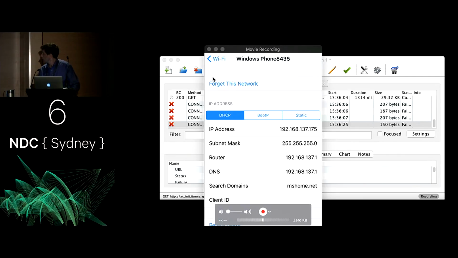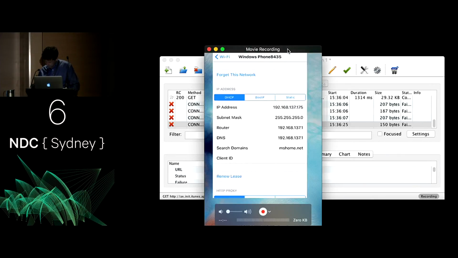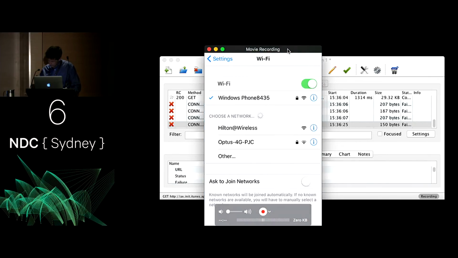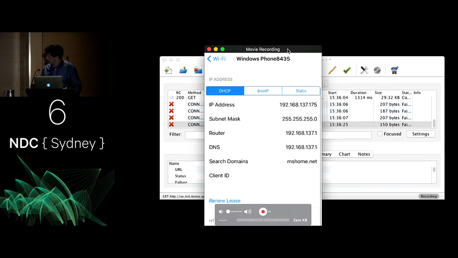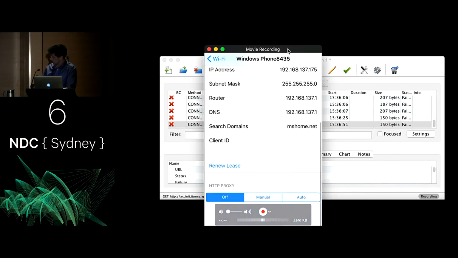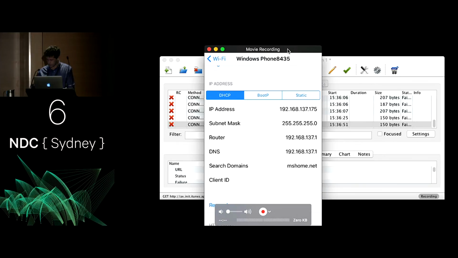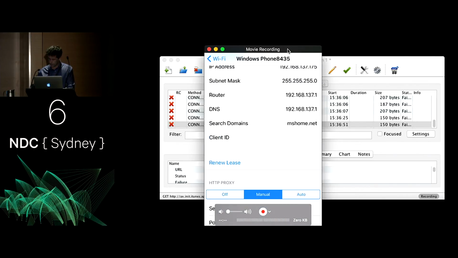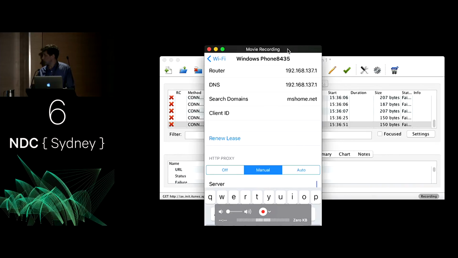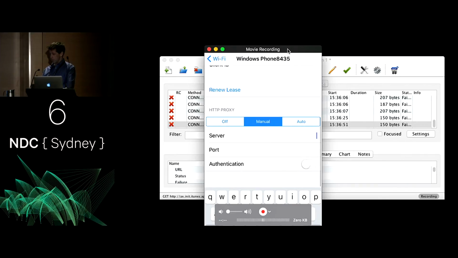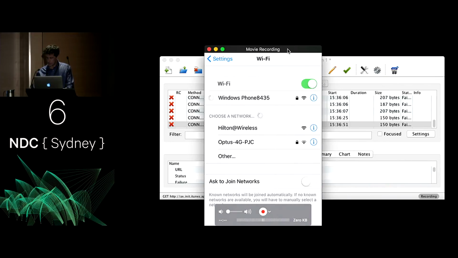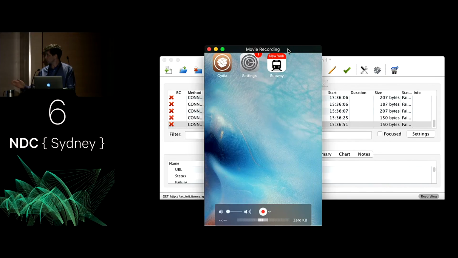Then on the phone, sorry, I was already there. I'd come into here, and come down to this section at the bottom, HTTP proxy, tap on manual, and in here I'll put the IP address of the PC that I'm running on, and I'd put the Charles default port that it uses, which is 8888. Once I've got that in place, then all traffic from the phone is going to be routed via this web proxy, and I can take a look at it, I can intercept it, I can redirect it,